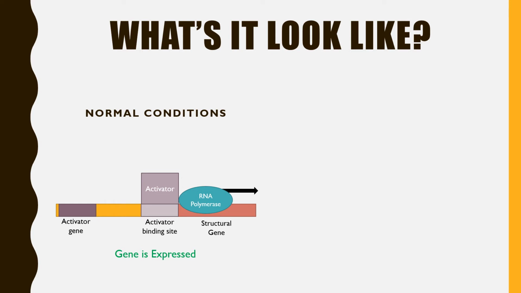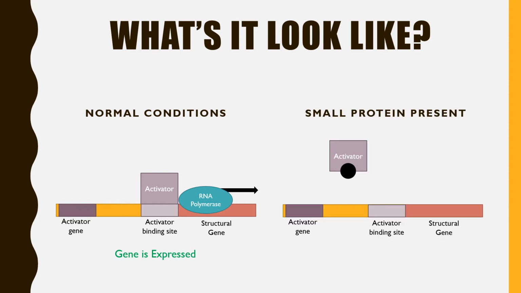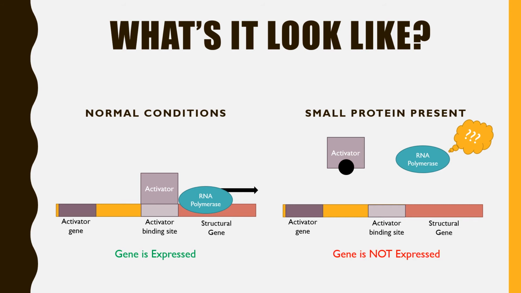Therefore, when the activator is bound to the DNA, the gene is expressed in the positive repressible mode of transcriptional regulation. Now what happens when a small molecule is present? Well, the small molecule, shown in black, binds to the activator, changing its shape. Because of this change in shape, the activator can no longer bind to the activator binding site. Since the activator protein isn't bound to the DNA, the RNA polymerase has no signal to transcribe the structural genes. Because of this, if a small molecule is present, the gene will not be expressed in the positive repressible mode